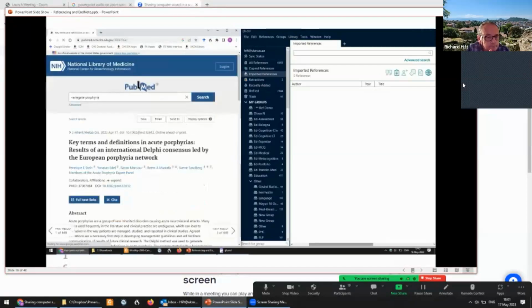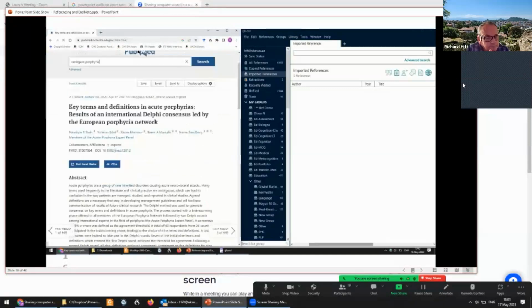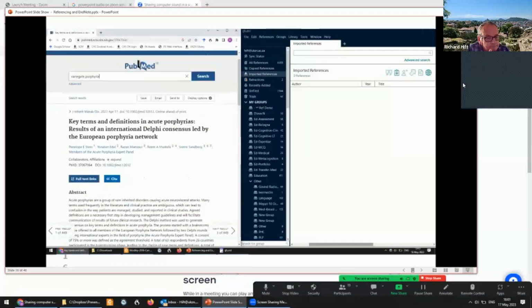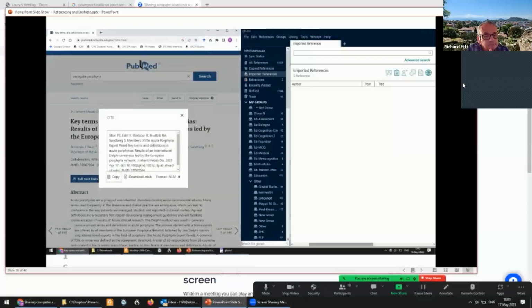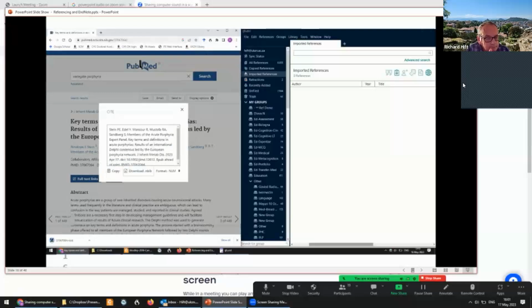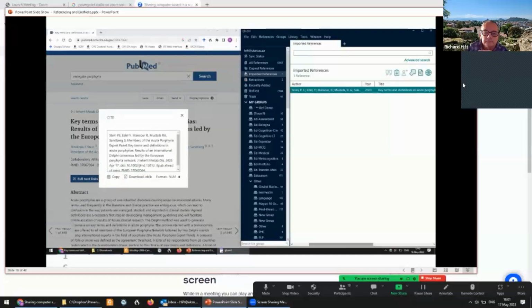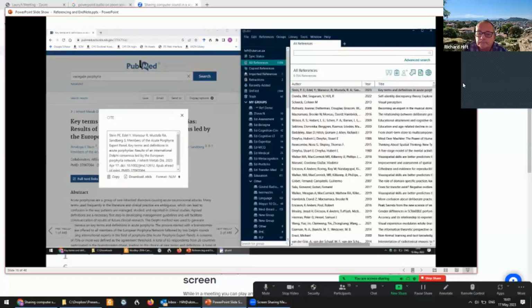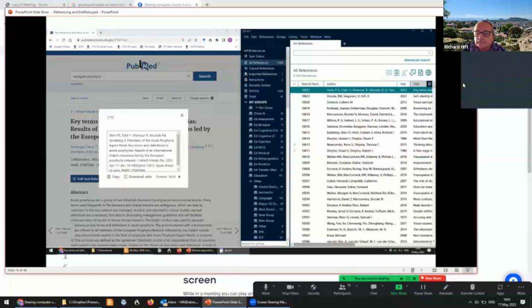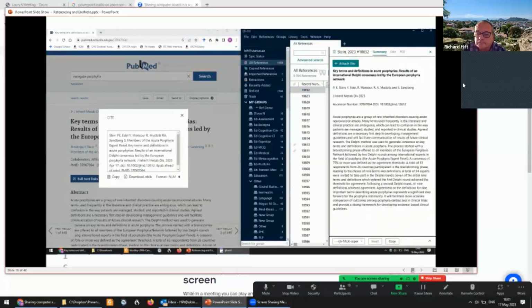So, since that's interesting, I'll open it. I can read the abstract. And now I'm going to cite it. That brings up a citation, which I can download in this particular format, which EndNote will import. So I've clicked on it, and there we are. EndNote has now imported it. If I look up here, I'll find it's the latest of all my references. If I click on it, I will see that